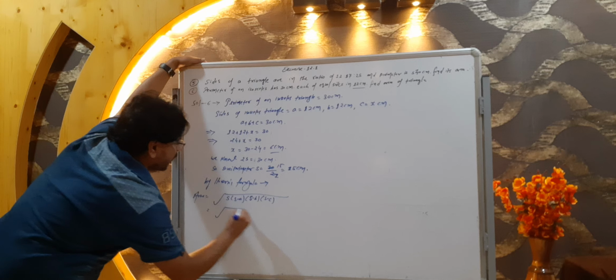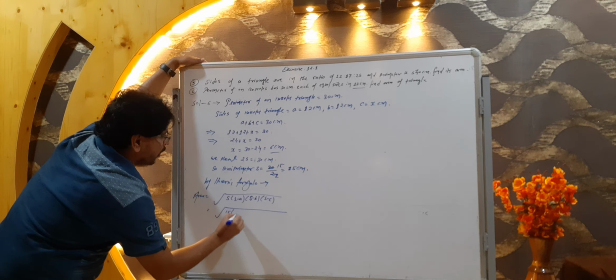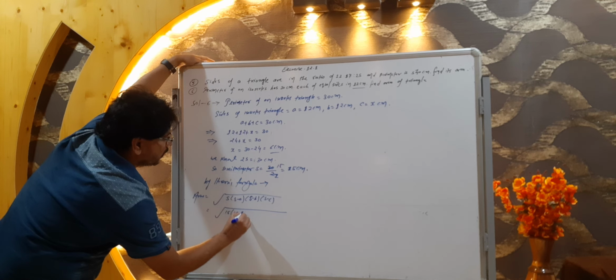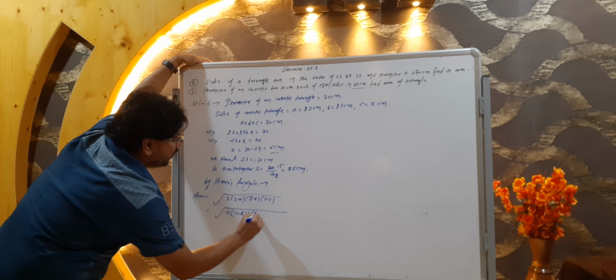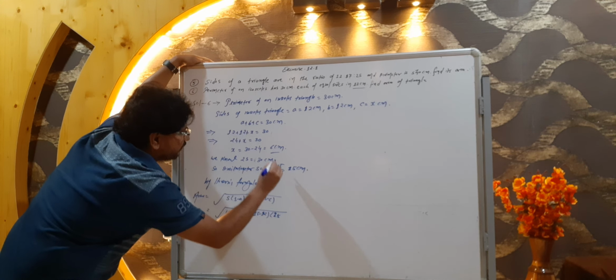Now see here, what is the value of S? 15 minus A means 15 minus 12, S minus B, this also 15 minus 12, and S minus C,